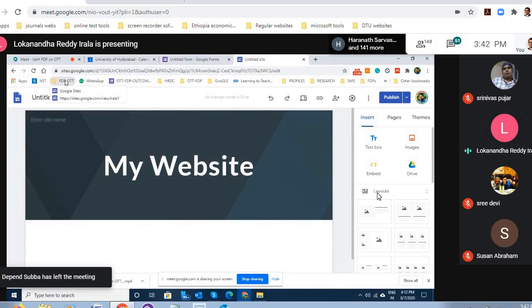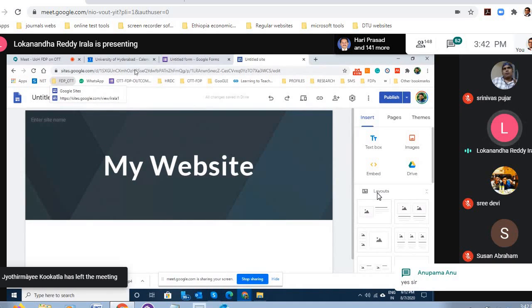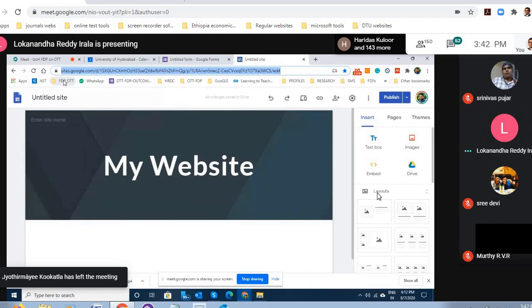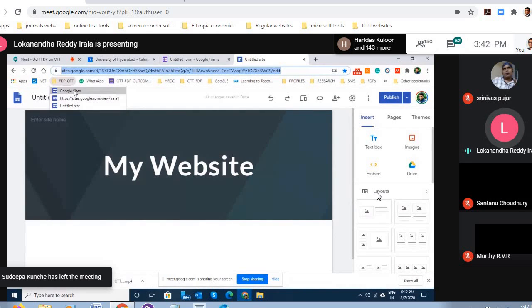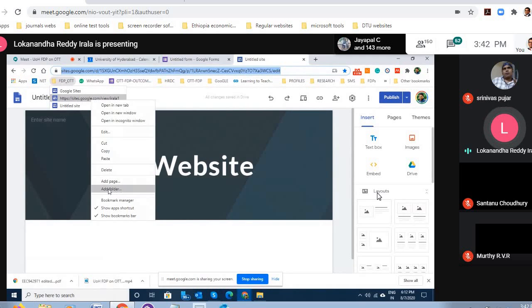See, this is my Google Sites. This is how I view it. Of course, the edit version I have not saved. If I have to save the edit address, I can save this also. So now what's happening? This is general Google Sites. So this is view. So I'll just rename it. This is just to save our time later on.